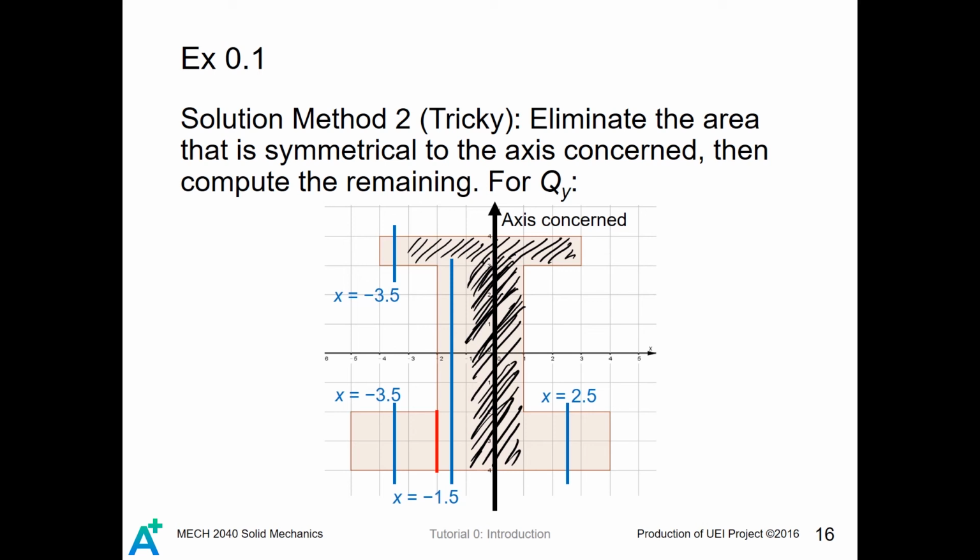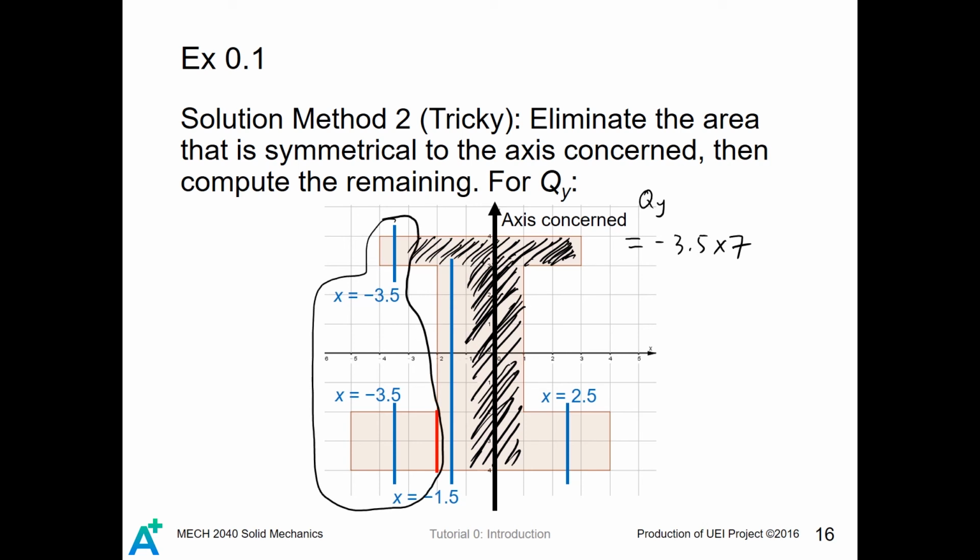So after eliminating the T-shaped area, which is symmetrical about the y-axis, we can find the first moment of inertia about the y-axis. Qy equals minus 3.5 times 7, considering those 7 blocks,